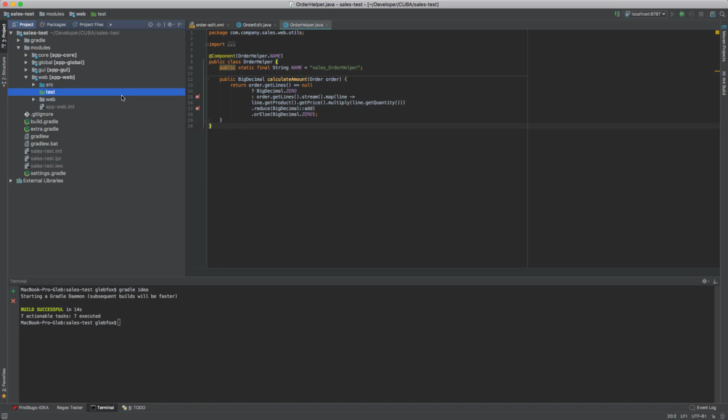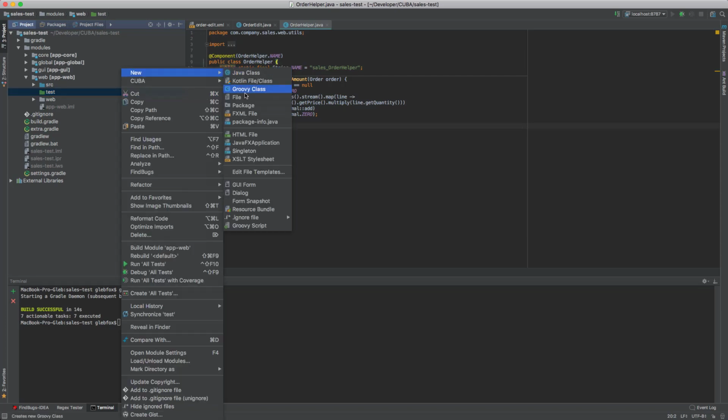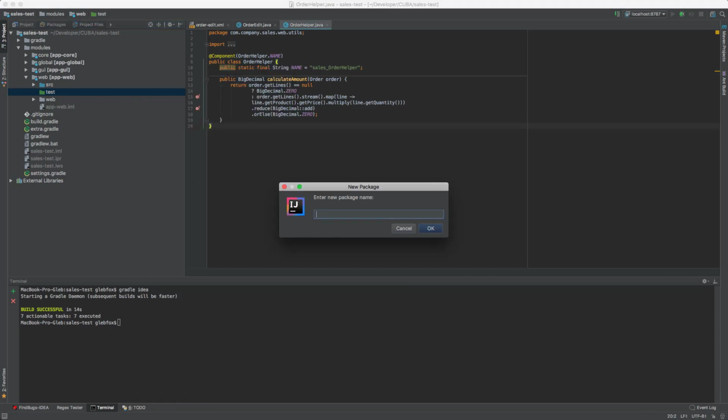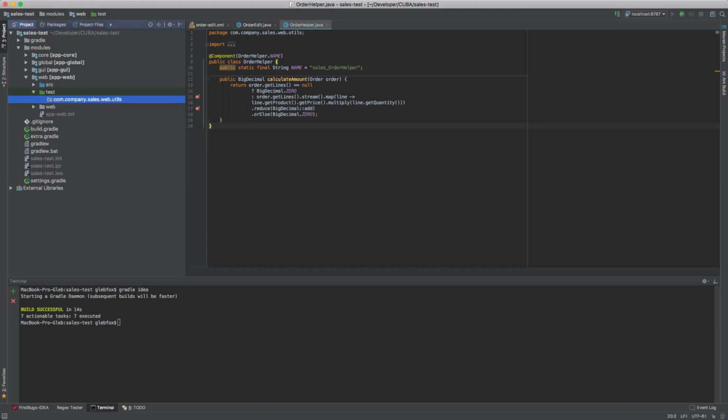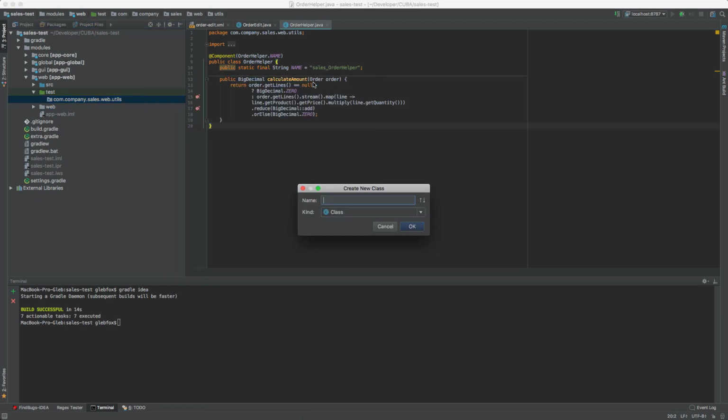Create a new package. Set the name company sales web utils and create a new Java class. Set the name order helper test.